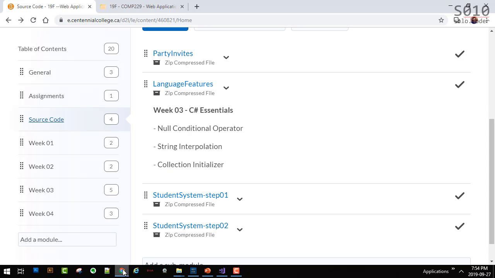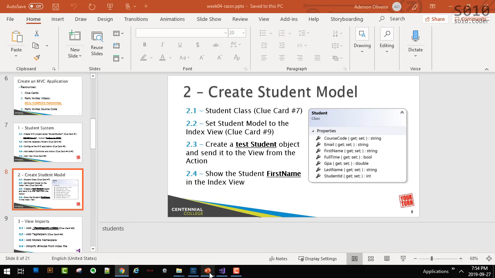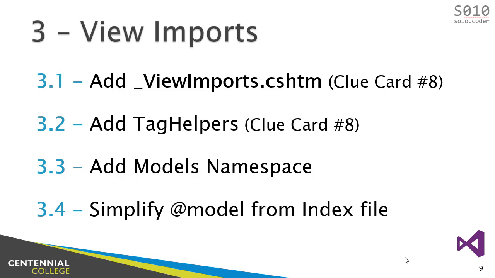Okay, so now I would like to move on to step number 3, where I'll be the one showing that. So we have used view imports in the past. The objective of view imports is just to add references, references to tag helpers, references to namespace, okay? So, to do that,